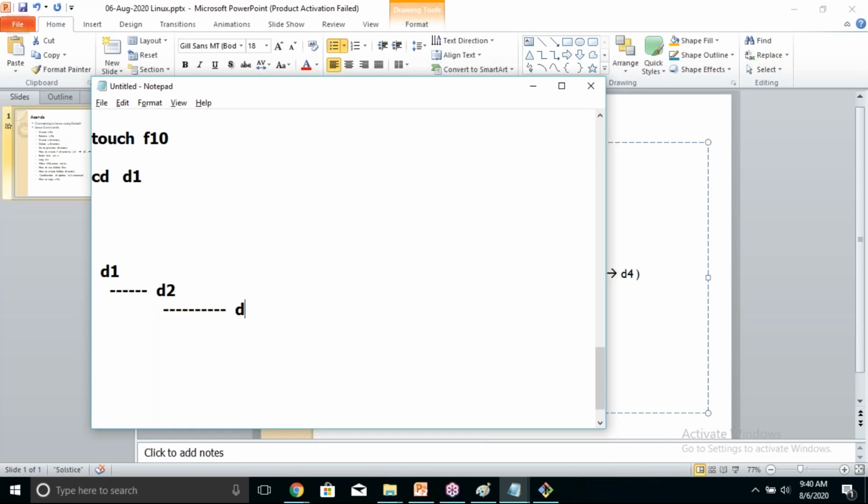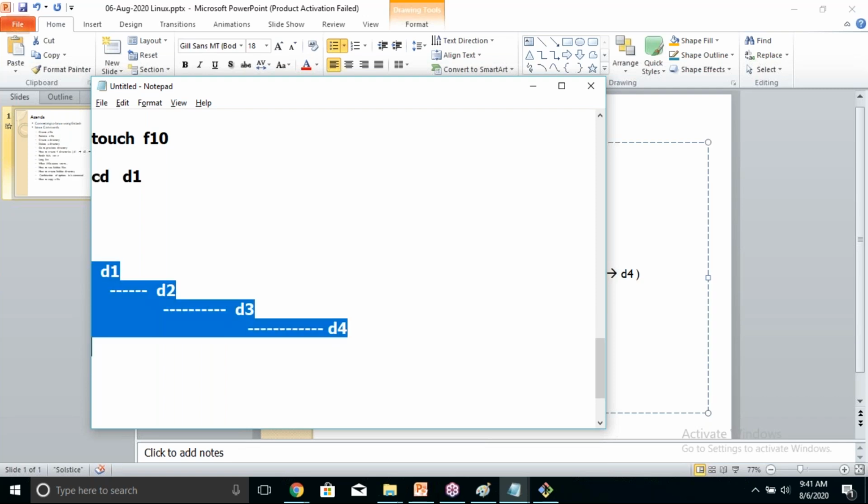Inside D2, I want to create a directory D3. Inside D3, I want to create directory D4. D1, D2, D3, D4. This is the directory structure which I want to create.